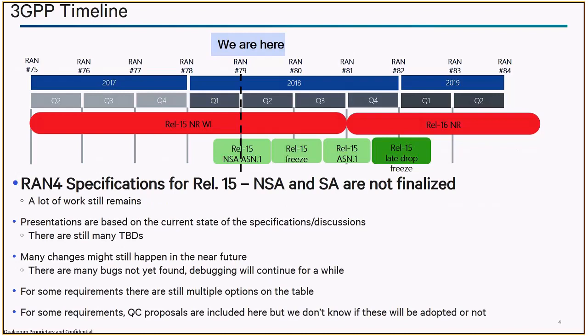What is the status of SA? So SA initially was targeted for February of 2019. It has been pulled in and declared complete in June 2018. But the RAN 4 specification is still not complete, so it would be again aligned to the August and November timeline. So option 2, which is one form of SA which CMCC is looking for, that is what we would be getting by August 2018. And option 3, which is the form of NSA most of the other carriers are looking for, we would get it by August or November 2018.